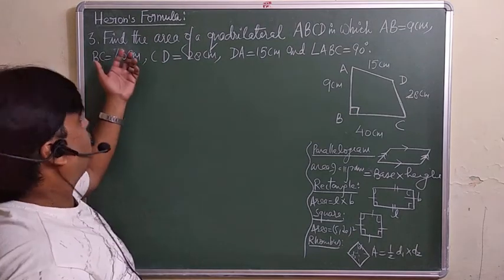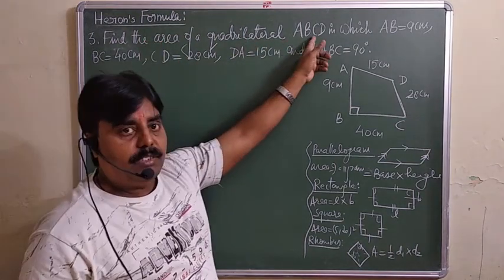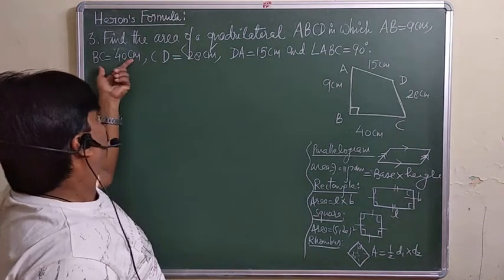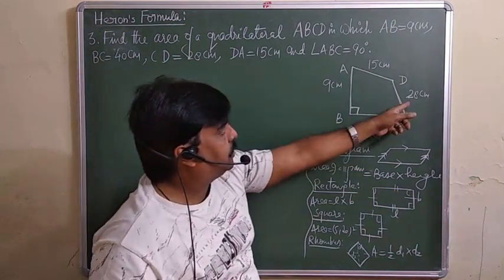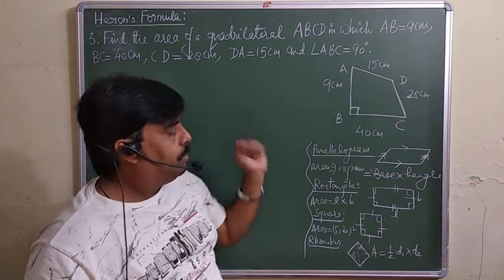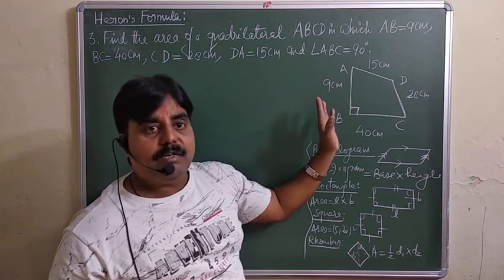Yes, one more problem we are taking. Now the information is given, there is a quadrilateral ABCD. ABCD is a quadrilateral. Side AB, BC, CD and DA, means these four sides are given, and one angle is given between the two adjacent sides, this angle B. See, one more point is here, this is a quadrilateral, but the nature of this quadrilateral we don't know.